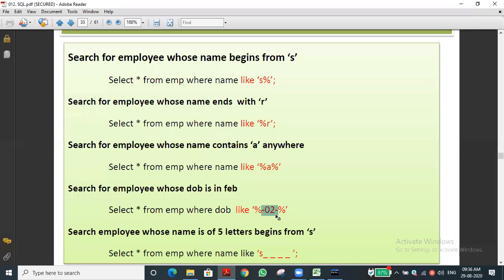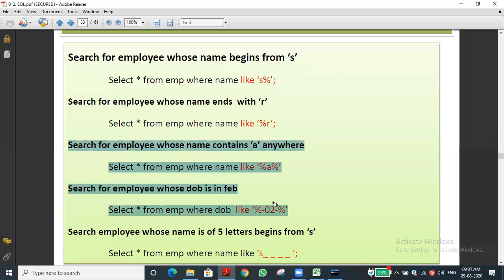The month should be in the middle: previously the 4-digit year, then a hyphen, then the month like 02 or whatever, then a hyphen, then definitely the date. The date may be a single digit, like 01, or 31, whatever. This is a way to find particular data alone from the table in the database. Have you understood this one? Yes, sir. Both queries are similar.